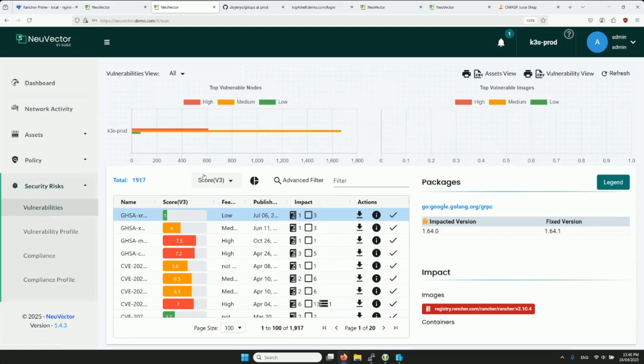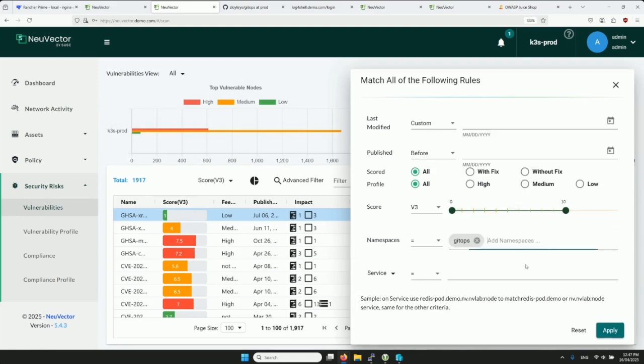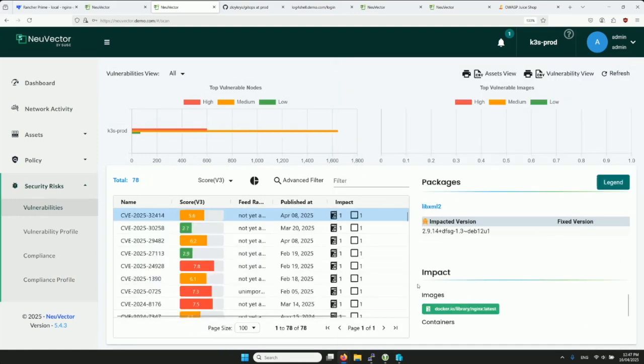So for example, you can take our scanner, integrate it with your CI/CD pipeline, and fail builds if, say, the number of high priority CVEs exceeds certain numbers or exceeds a certain time to react. So if we take one of our applications, say Nginx, that lives inside the GitOps namespace,